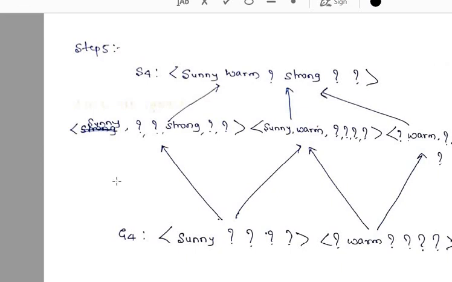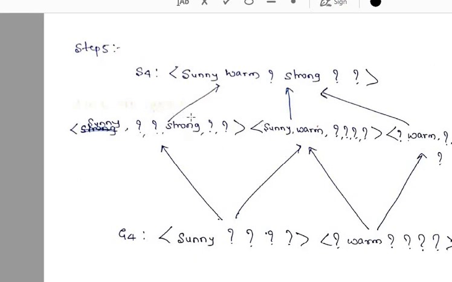In the Find-S algorithm we are getting only one hypothesis as a result, which is called the maximally specific hypothesis, but here we are getting three hypotheses which are consistent with the data set. You can check whether they are consistent with the data set or not. Take all these attribute values and compare with your data set, whether it is classifying positively or negatively, then you come to know whether the taken values are correct or not.